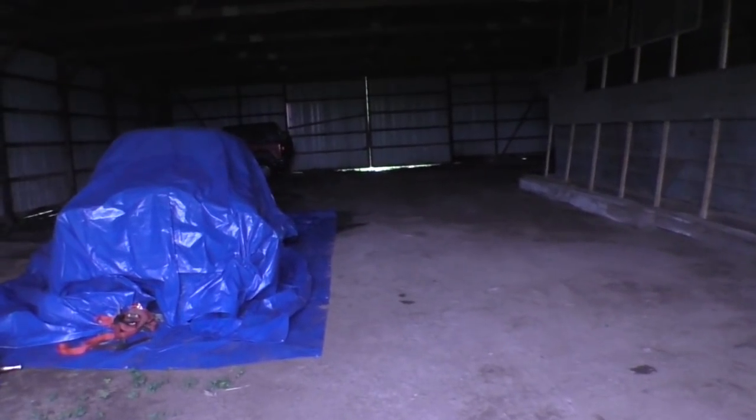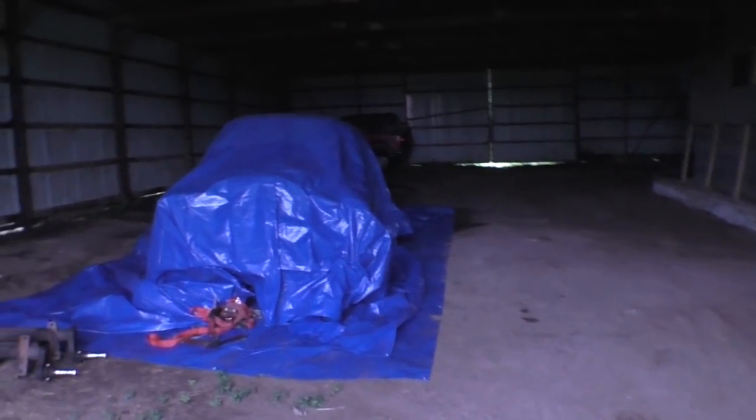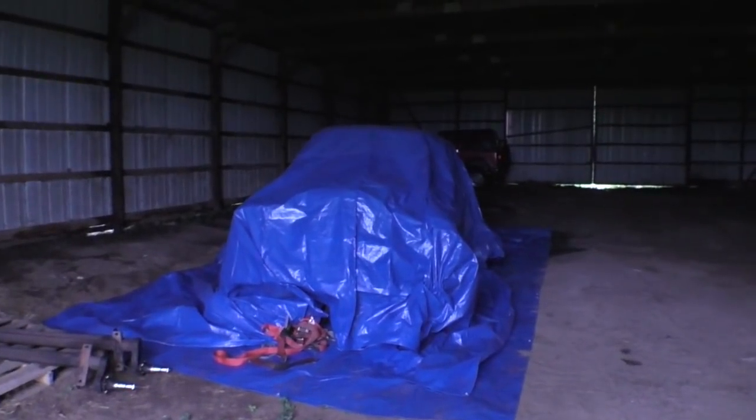I don't know how much you'll be able to see in here. Underneath that tarp is the 49. There's tarp on the ground and tarp over the top of it, so it should stay fairly dry. And then over here in the corner,